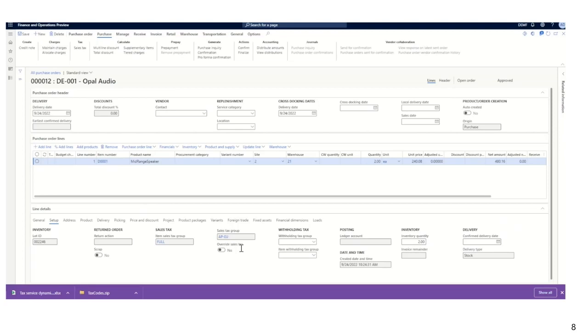Last but not least, you would notice the override sales tax option here. This new function gives us the flexibility to manually pick the sales tax group and the item sales tax group, and they will override the rules defined in the tax calculation service. So